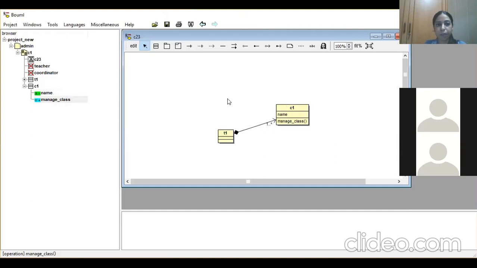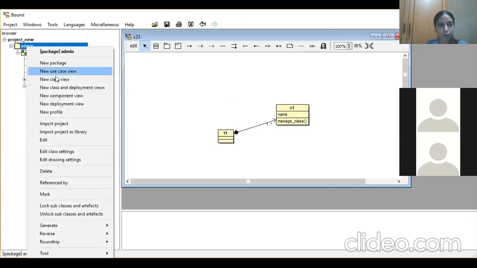So this was about the class diagram. You can see here I have given the attribute name and the operation manage class. It can be seen here with the minus and the plus sign for the operations and minus sign for the attributes.